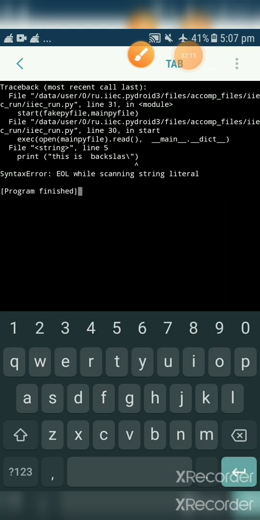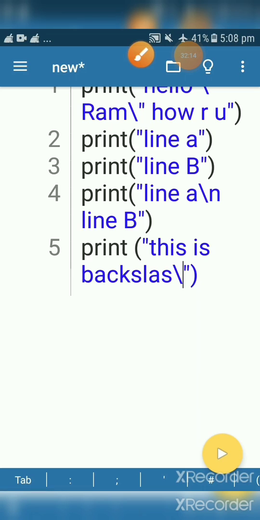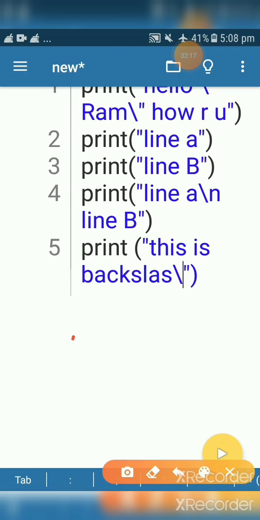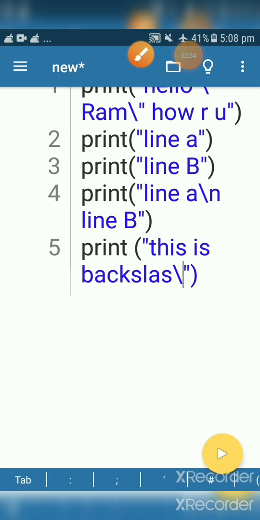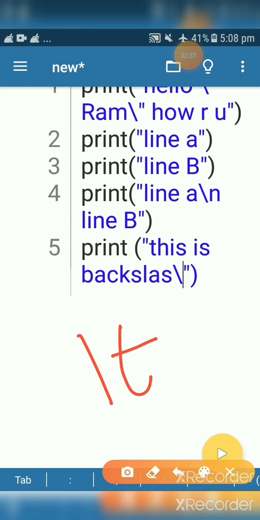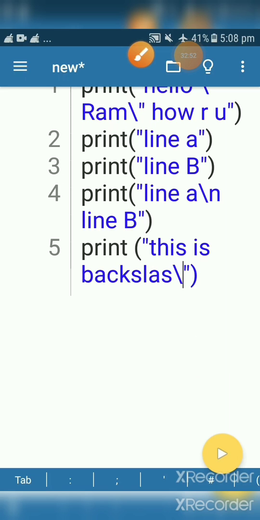Okay, now the last one, \b, is not required that much. It just gives a backspace. You can try it in the interpreter to see what kind of output you will get. So let's discuss the last one, that is \t. It is used for tab. Like on the keyboard you have a tab button, so you will get a definite amount of space. In the same manner, if you want space between 2 words, you can use this. Okay, so let's check how.